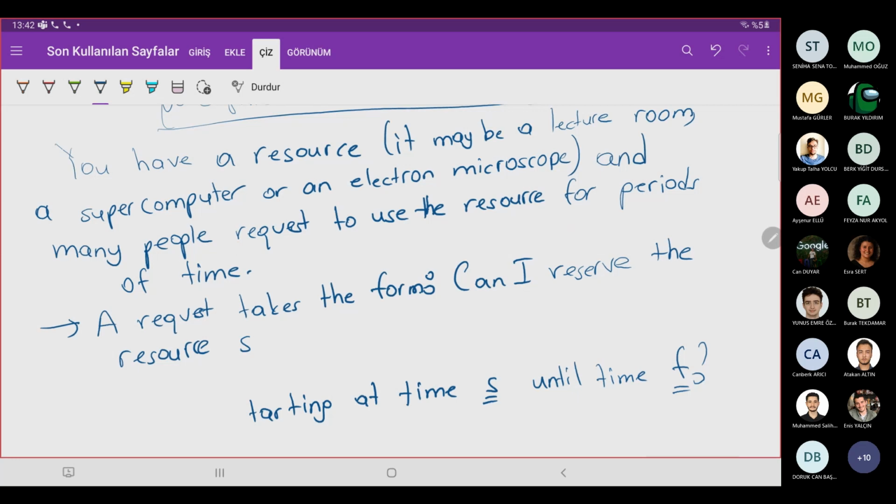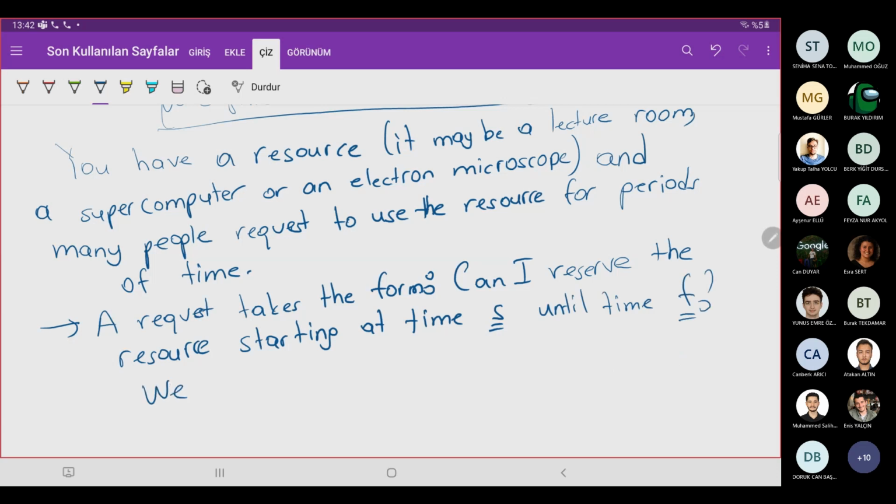It's like exams or lectures. Can I use it between 10 and 12, etc.? Okay, that's a request. We assume that